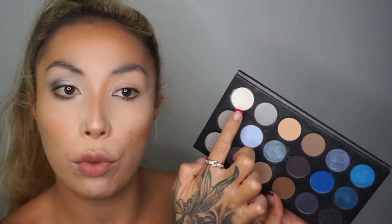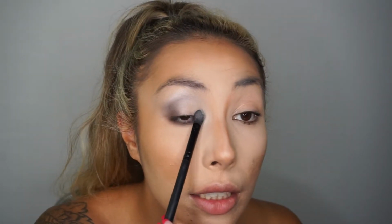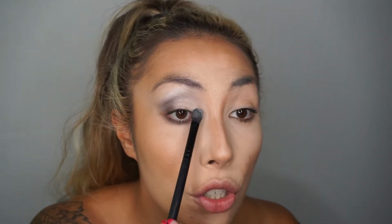Morphe, and this one is called Blew You Away. I'm going to go into this shade right here. It's this one right here. It's another iridescent shade. I'm going to get the same fluffy brush SK07, dip it in, but I really just want to focus this at the tear duct and the beginning of my eye. It's just going to give you that nice highlighter look,